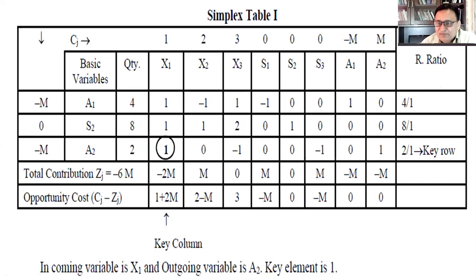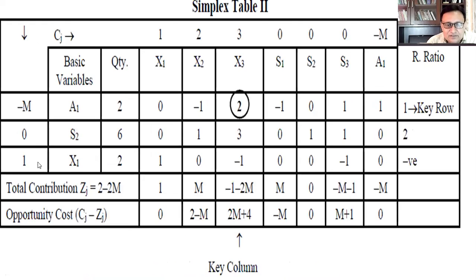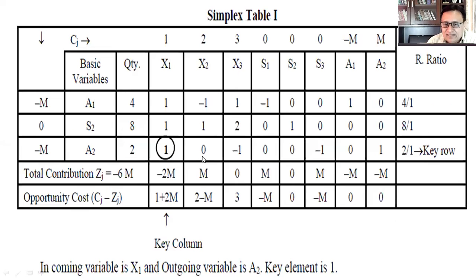With this help, we will find the second simplex table. This is the key element, which is already 1, and we have to make it 1 in the second table. So the same row will be replaced, because the whole row will be divided by the key element, which is 1. The row where x1 will be entered, the whole row here: 2 divided by 1, 1 divided by 1, 0 divided by 1, -1 divided by 1, and so on. All will be the same because it is to be divided by 1.